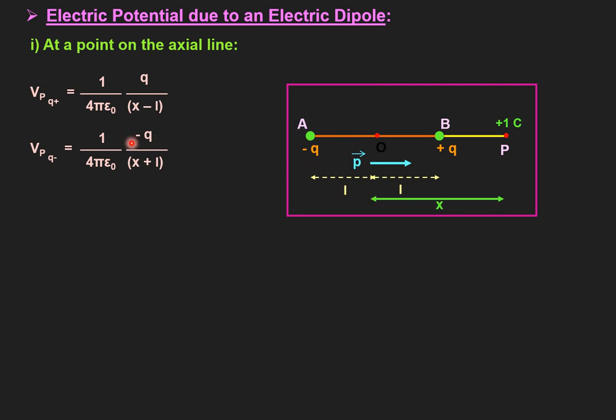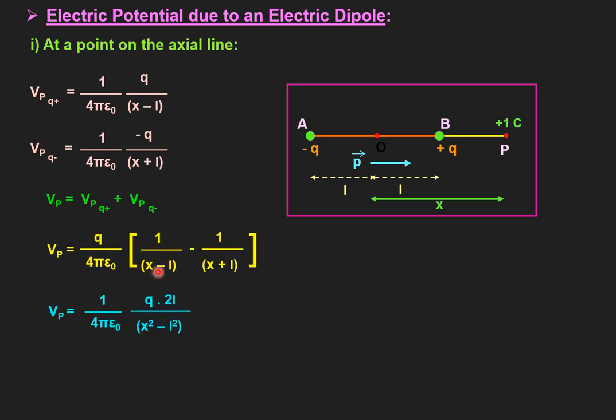So we must write minus Q itself. So the potential at Q I have also written. Since electric potential is a scalar quantity, the net potential at the observation point will simply be the algebraic sum due to the individual charges. We have only two charges, so we simply add these two expressions up.